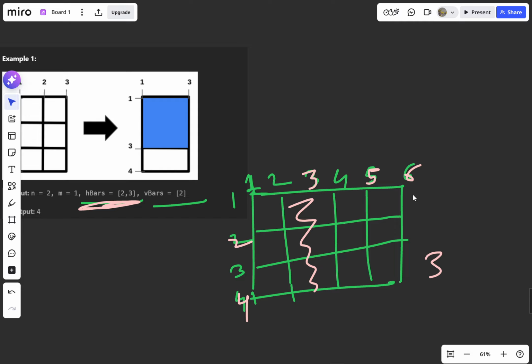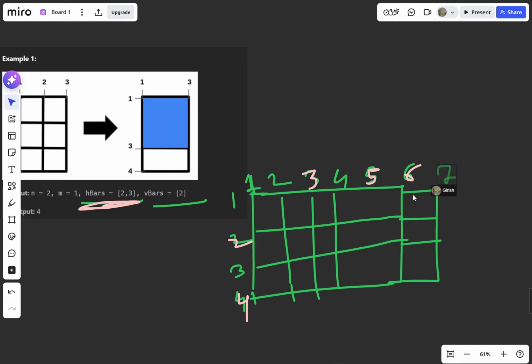Which is 3 by 2, which comes to an area of 6. Okay, then if we are removing 5, oh sorry, we cannot remove 6, that's why it is not given there. Okay, we can again make one more